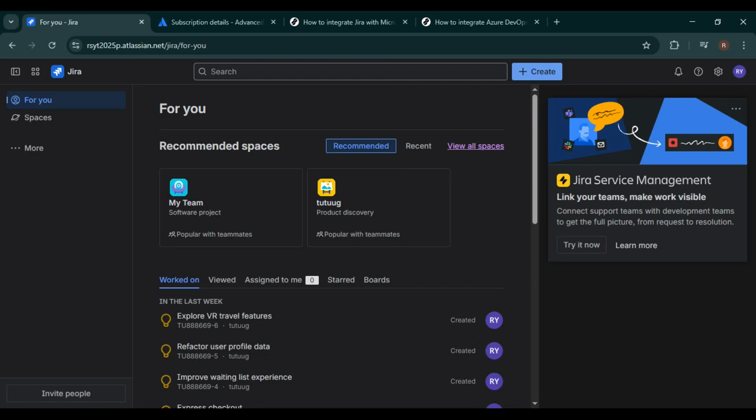In today's video, I'm going to show you exactly how to integrate Azure DevOps with Jira step by step. This integration is extremely useful if your development team works in Azure DevOps, while your project management or tracking happens in Jira. By connecting both tools, you can sync work items, improve visibility, and keep everyone on the same page